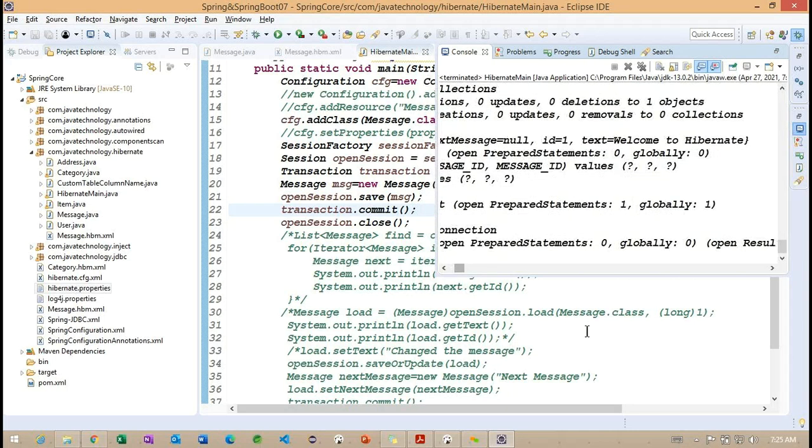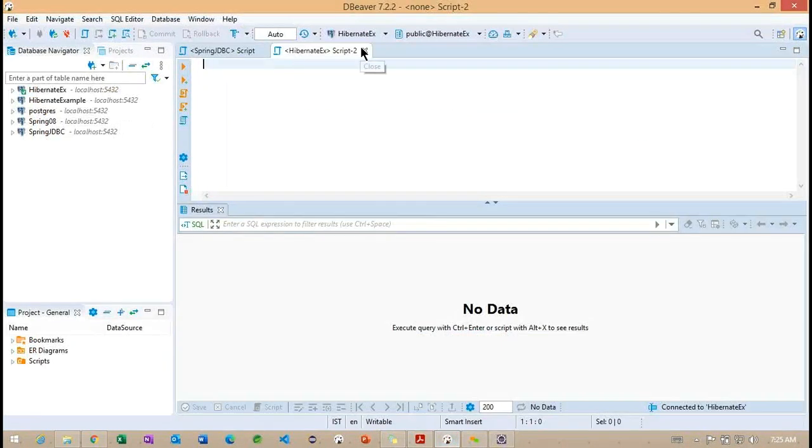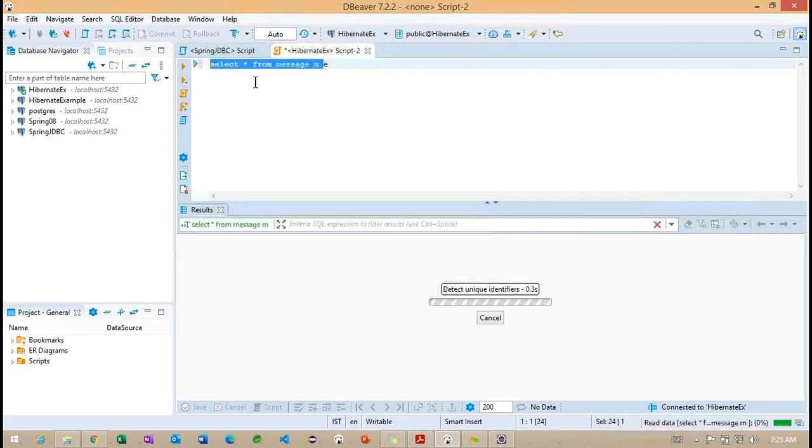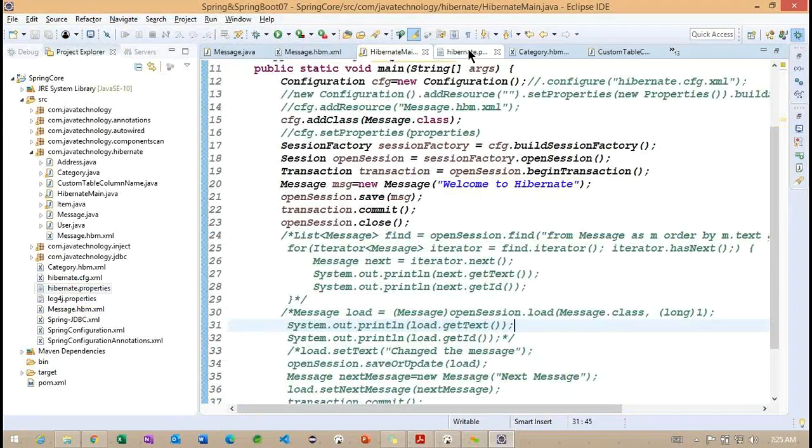Actually, let me check this particular table information, how this table was created. So message ID, next to message ID, message text. Basically, the table is not proper.